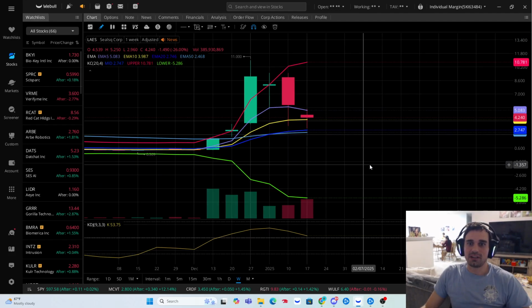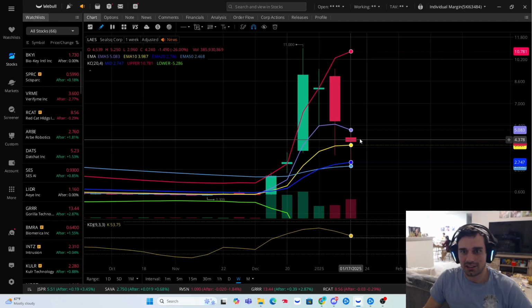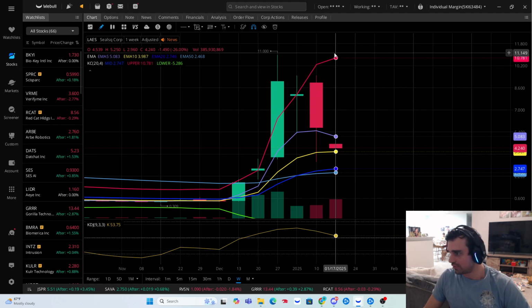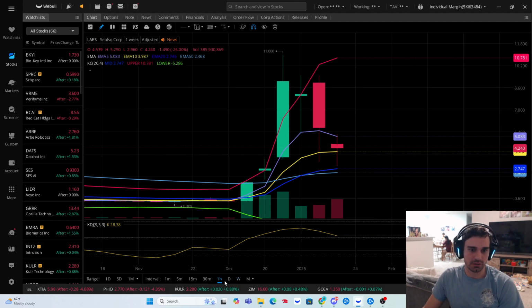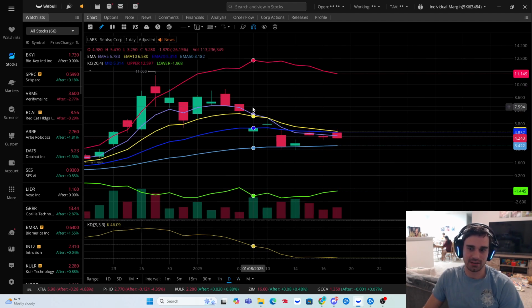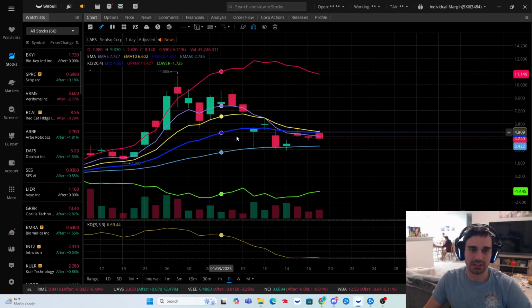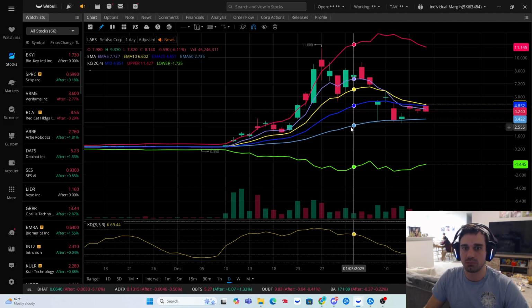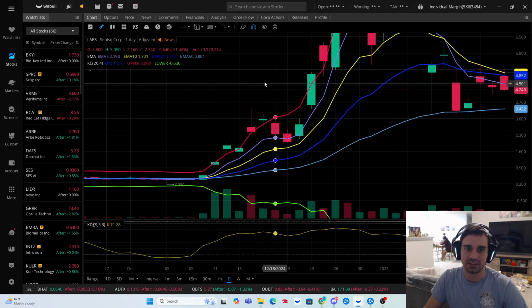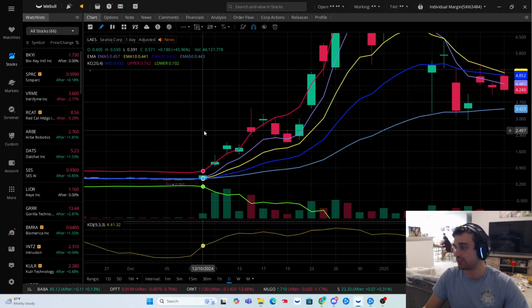All right, guys, let's talk about LAES, one of the most volatile stocks and one of the most rewarding stocks I've seen out there. I alerted this one a little bit ago, back on January 8th, on this setup here on the daily chart. I just want to go over things as this has been a monster gain, and whenever you see an uptrend like this, like if you see price hitting my upper counter channel, you should have